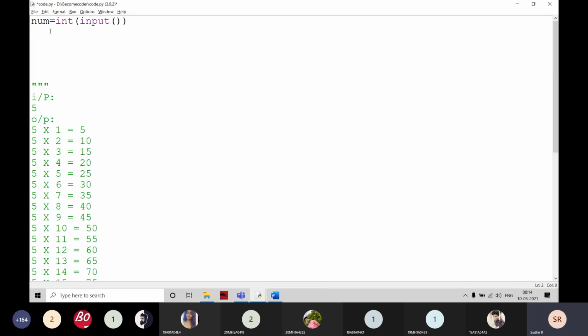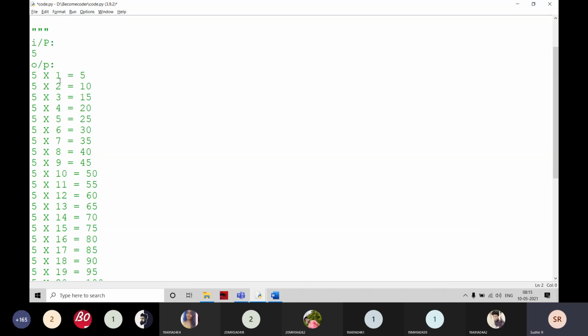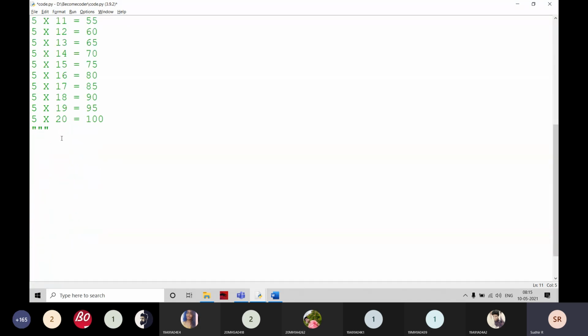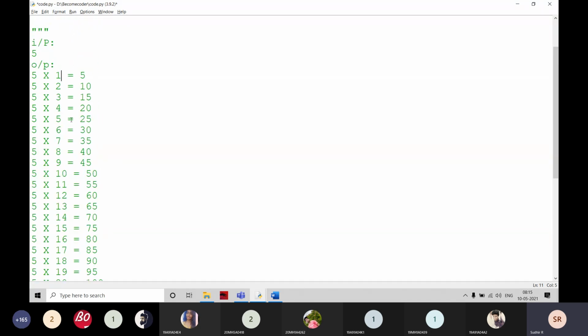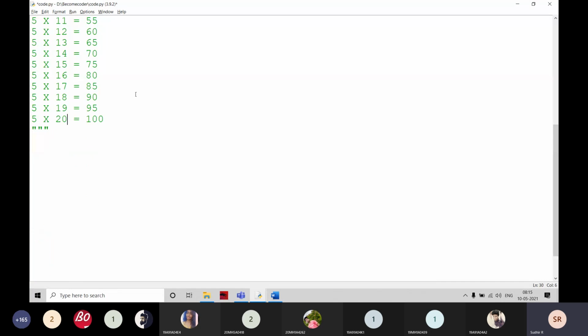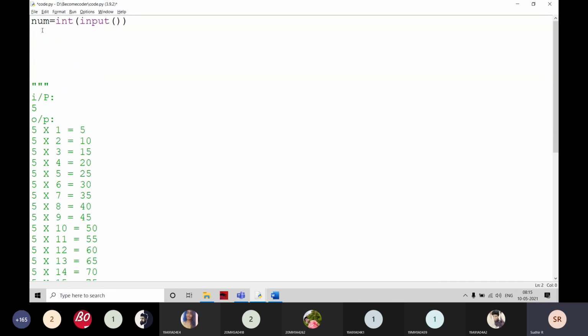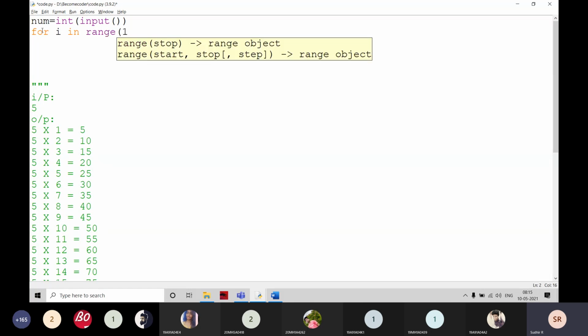I'm going to write a for loop here. Why a for loop? I know exactly how many times I'm going to print. I'm going to start at 1 and stop at 20. That's why I'm going to write for i in range, starting at 1 and stopping at 20.